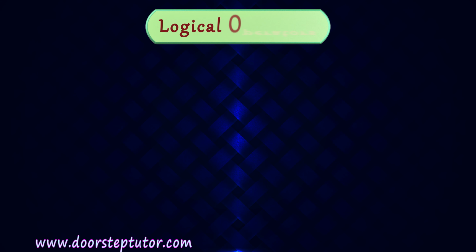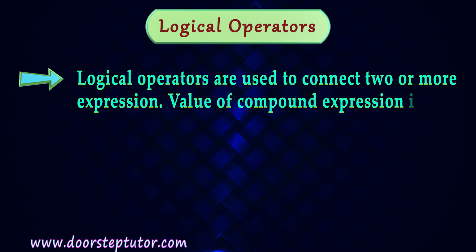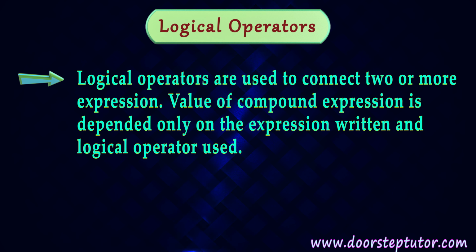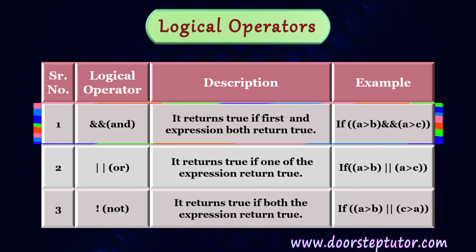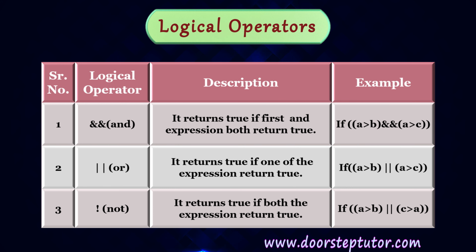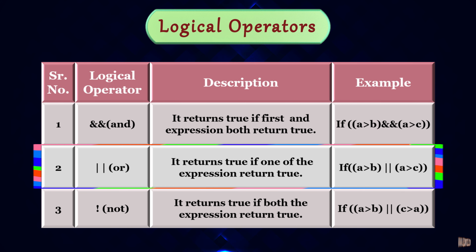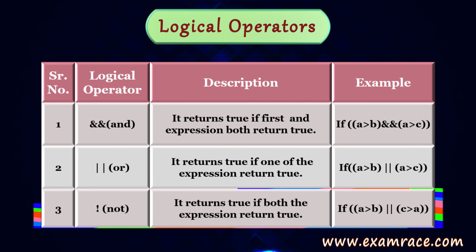So next we are having logical operators. Logical operators means that to perform some logical comparison between the two statements, we have logical operators. Like and means that it returns true if first and the second expression both return true. Then or is totally opposite to the and. So or returns the true value if one of the expressions returns true. Then not means just opposite to each other. So example we can match over here.